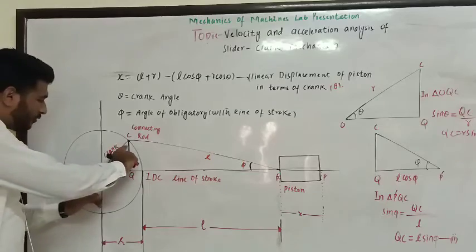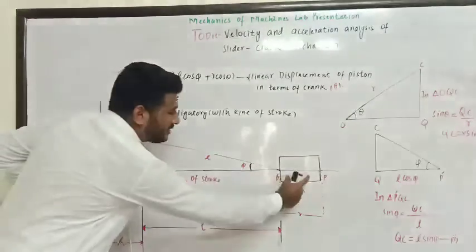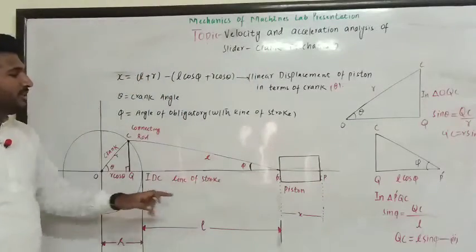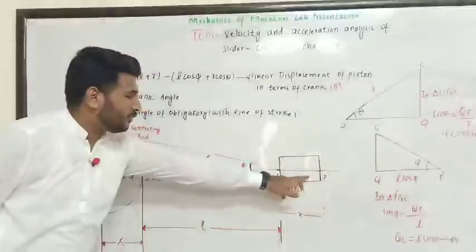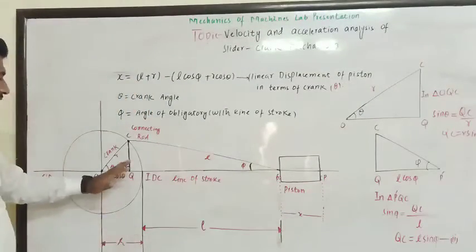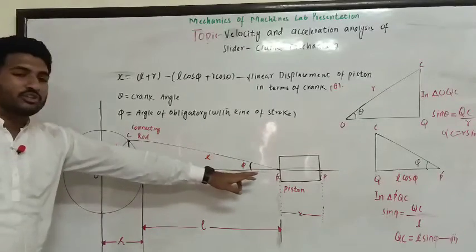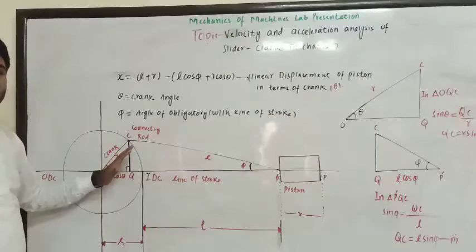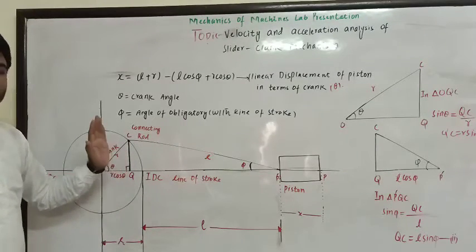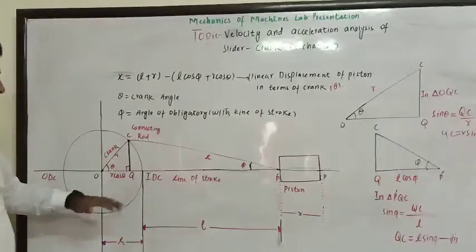This is the crank, and this piston is the slider, so the name slider crank mechanism comes from this. As the piston slides from point P to P dash, the distance covered is x. Then the angle turned by the crank will be angle theta. So the linear motion of the piston is converted into the rotary motion of the crank. This is what the slider crank mechanism does: it converts the slider motion into rotary motion and vice versa.